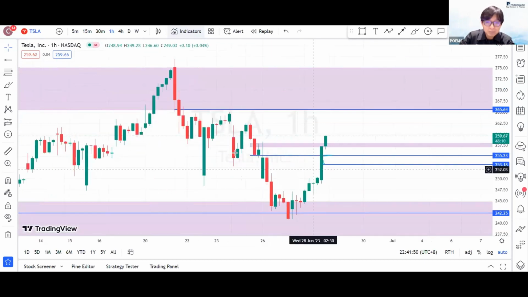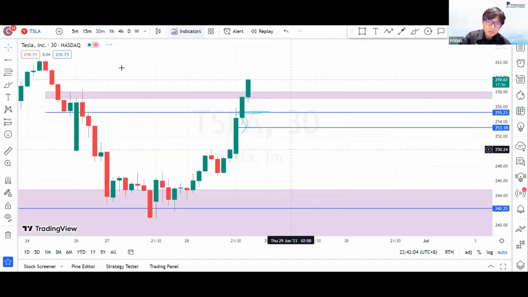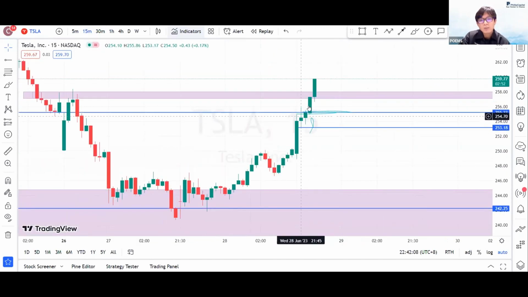For example, you see this Tesla, you know that the previous candle was very bullish. They came from 250 all the way to 256. That's like 3%, 4%, plus minus, coming into this minor supply level. Then you see how these candles start to print. I go into 15 just for illustration. We have the previous candle closing H1. This candle itself, this is what I mean by a price action that you want to see.